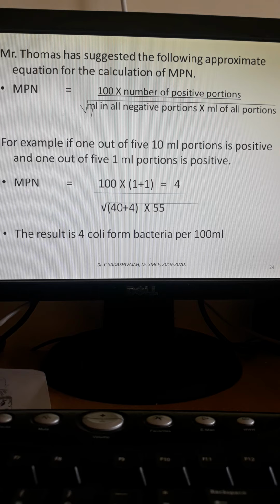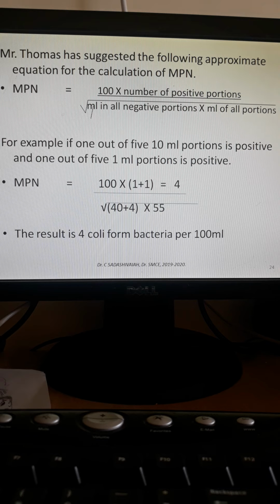So MPN, most probable number, is equal to 100 multiplied by the number of positive portions in the numerator, divided by, within the square root, ml in all negative portions, meaning the quantity of the sample in the test tubes which showed negative. We need to add all portions, like 10 ml or 1 ml or 0.1 ml, accordingly. That quantity should be multiplied by ml of all portions, again in the denominator. Ml of all portions means, for example,